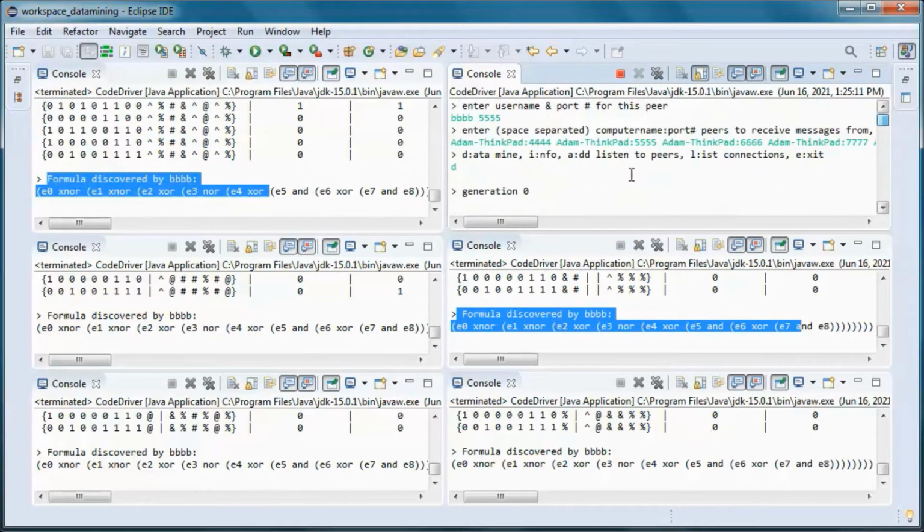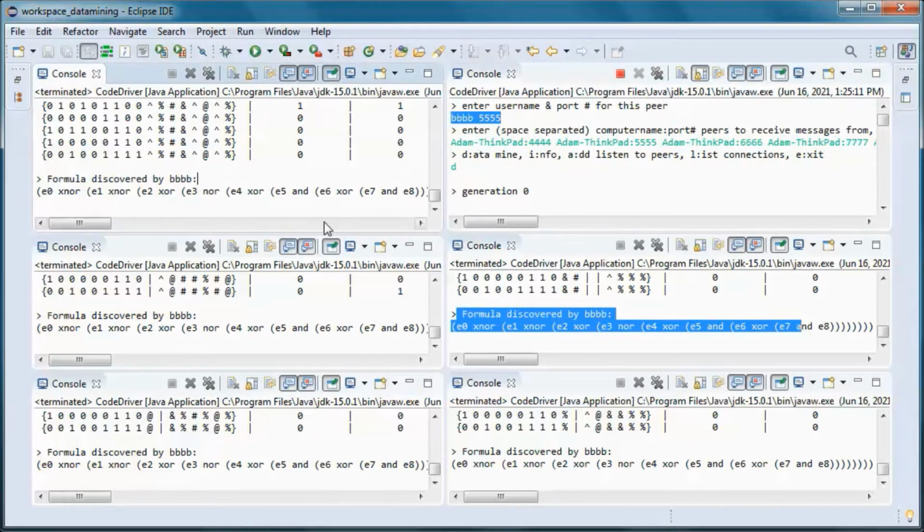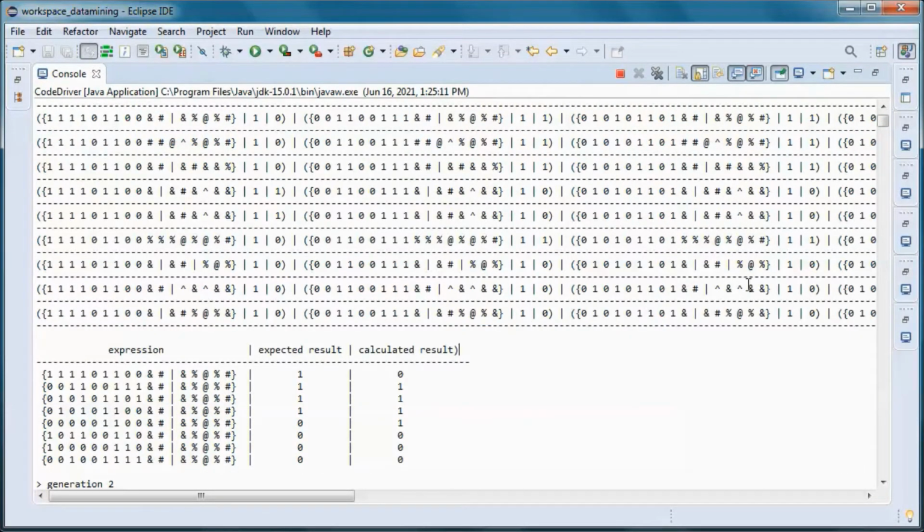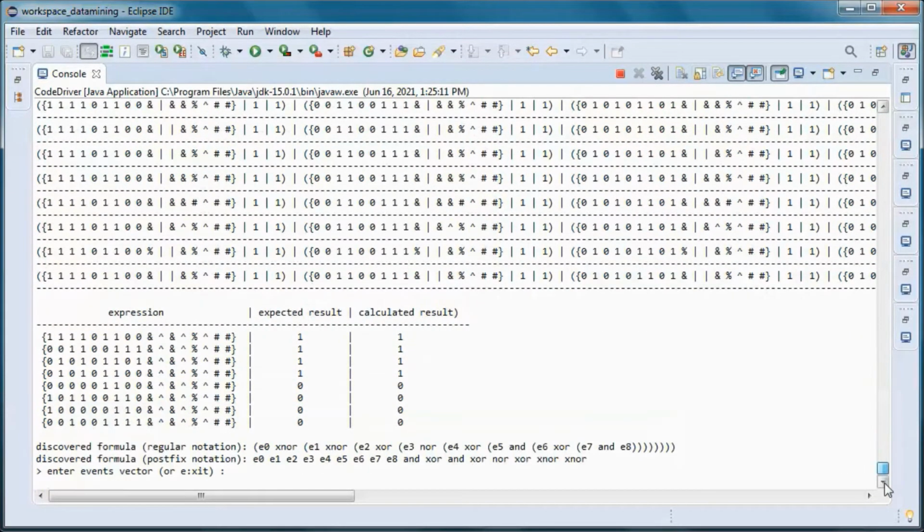So this is username and port number, and so this is the formula in postfix notation, and this is the formula in regular notation. That would result in all those calculated results equaling the expected result.